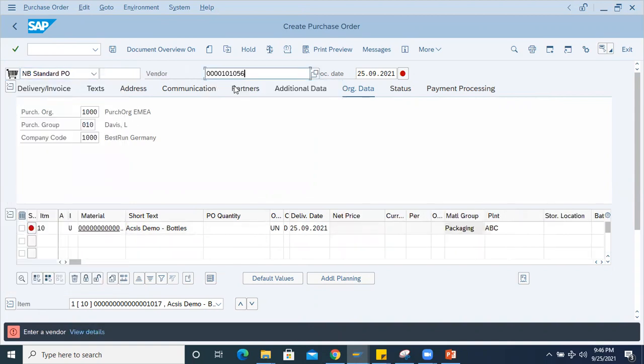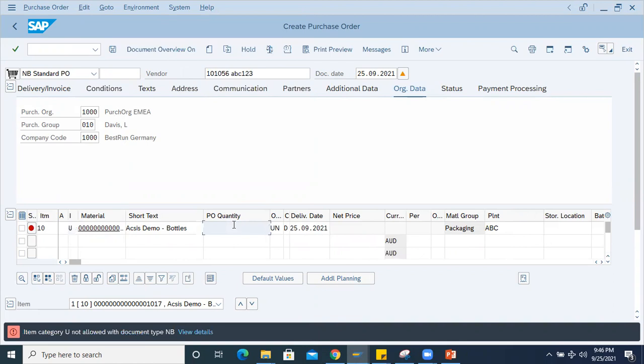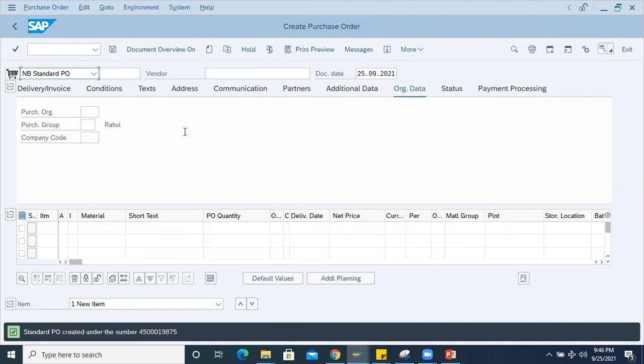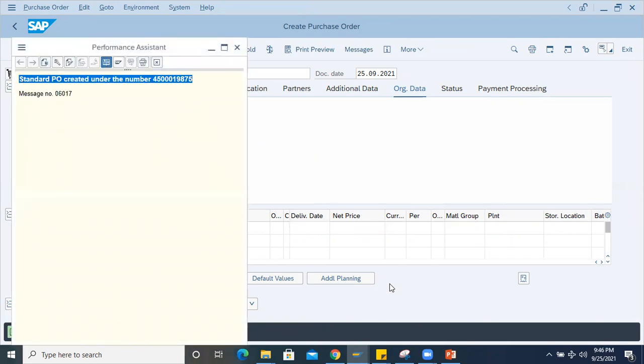Then vendor, quantity, remove this. I'm just doing it for testing purposes, like if a user creates a PO with a different purchasing group by mistake, without knowing much detail about which group to choose. So now I'm just doing it for testing, so that Bhumika is going to save the PO.